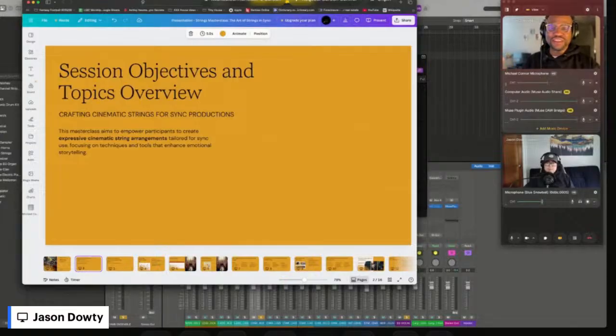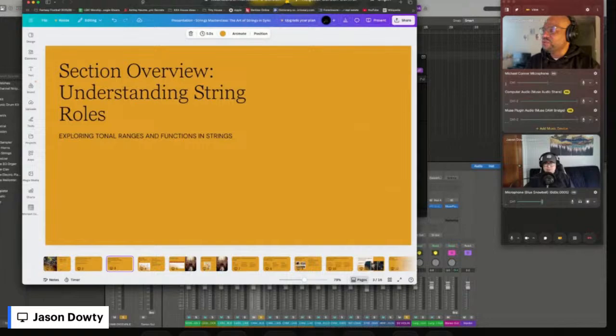Using strings and the emotions that they can provide really helps to tell the story, and that's what we're here to do: to provide a service, to tell everybody a story, and to do that in the most expressive way that complements the dialogue and the on-screen action. I'm just going to go through a couple of